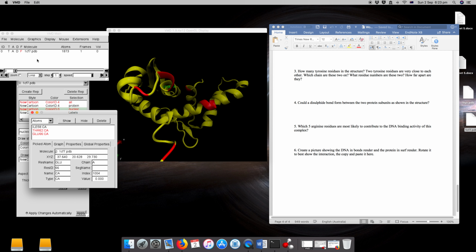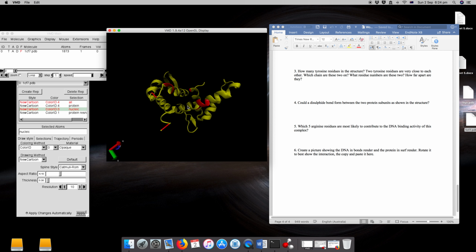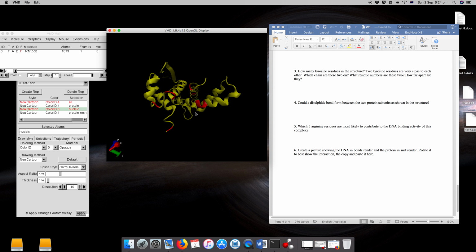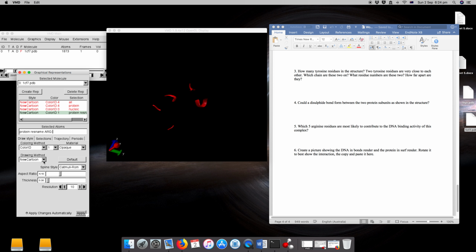I'm gonna have to delete it. Delete, delete, delete. Probably the best way, since now we know that these are the arginines, the 5, so there's 2 here, 1 there, and then there's 2 here, is to probably deactivate the protein and change this into maybe tube